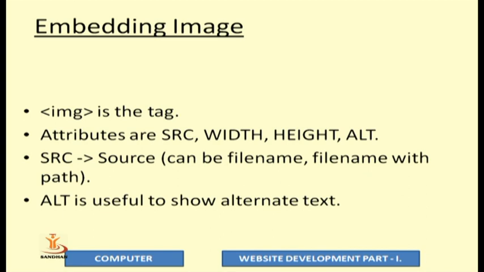Now when you are using the img tag, you are required to take care of some of its attributes. These attributes are src, width, height and alternative text. The important attribute of img is src.